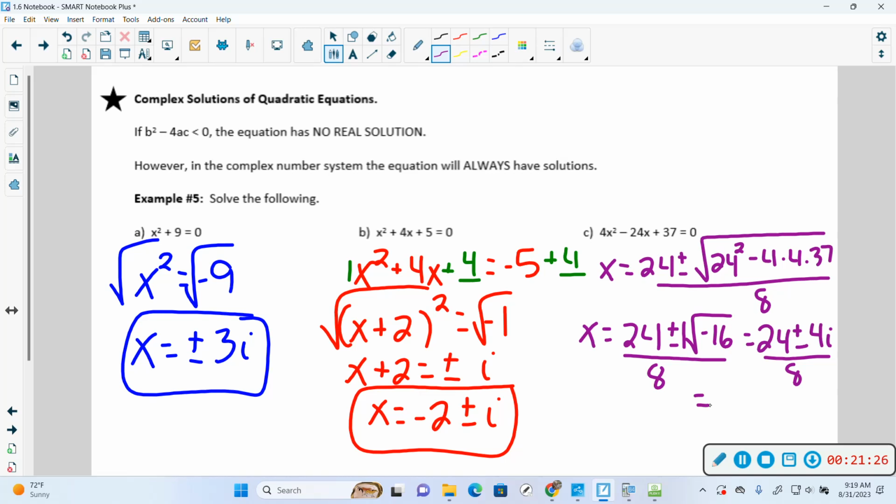So I'm just going to quick divide this. My real part, 24 over 8. My imaginary part, 4i over 8. So I'm like 4 over 8, I'm going to make it a half. Because of the imaginary, I need the a plus bi form. That was so fun. So very, very fun. Any questions on that one? Okay, so